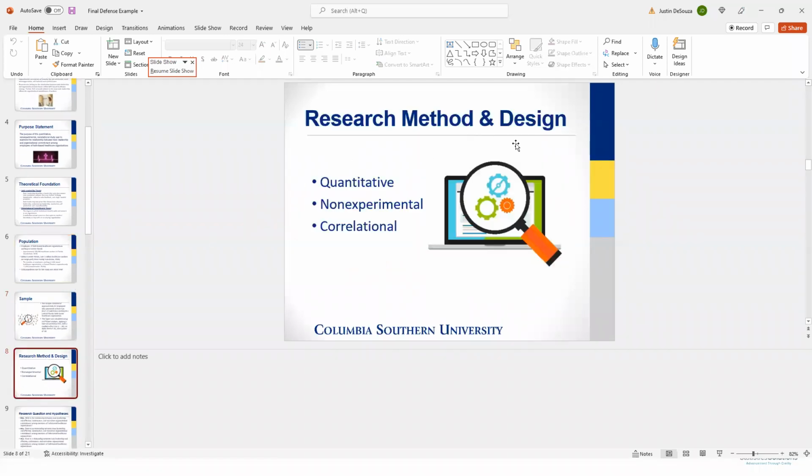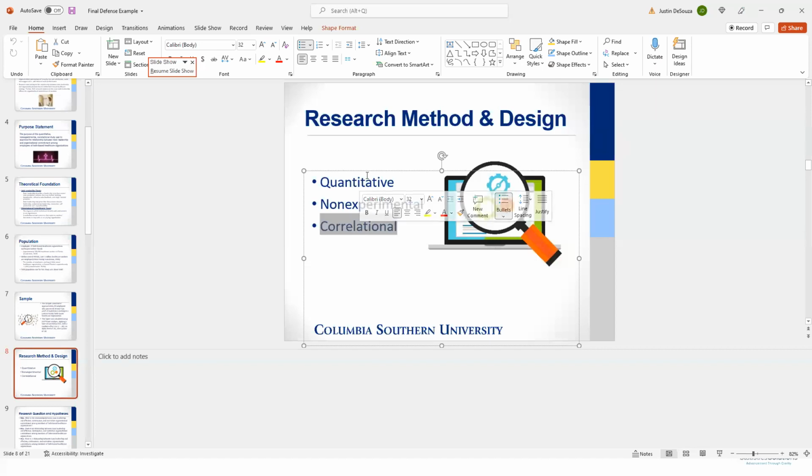Then research methods and designs. As you can see, there's not a lot of talking, or there's not a lot of bullet points under here. It just has keywords, which is good. You want to try and avoid putting a ton of text in the slides. So you have the 3 key components here for research method and design, and then you can expand on it through talking points. Okay, why did you select the quantitative design versus qualitative? Usually quantitative involves looking at numbers. That's the big thing there.